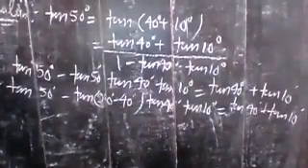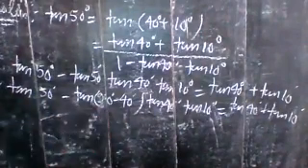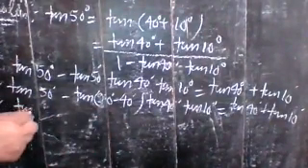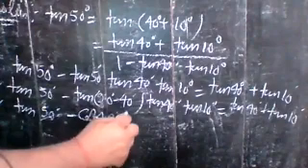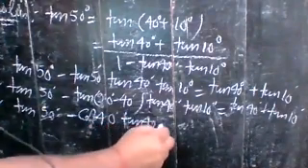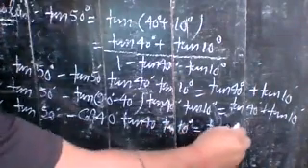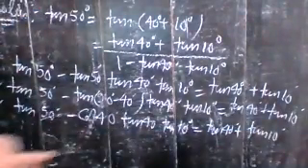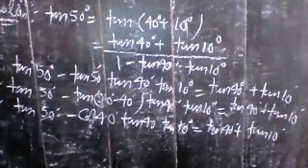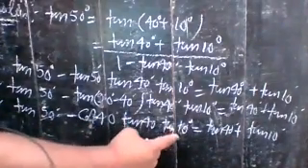I have only converted the complementary angle here. And tan 90 minus theta, you know that is cot theta. So that is equal to tan 50 degree minus, here you can write cot 40, into tan 40, tan 10 degree is equal to tan 40 degree plus tan 10 degree. And you know cot x into tan x is equal to 1. So that part is 1. Only tan 10 degree is left.